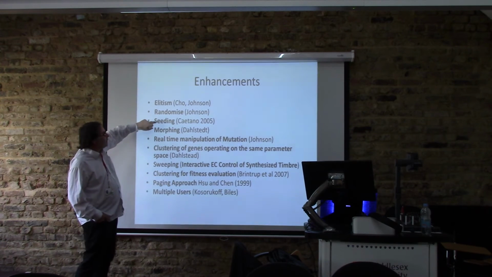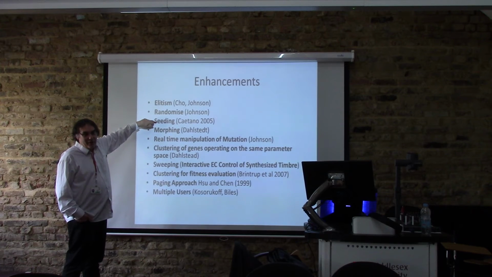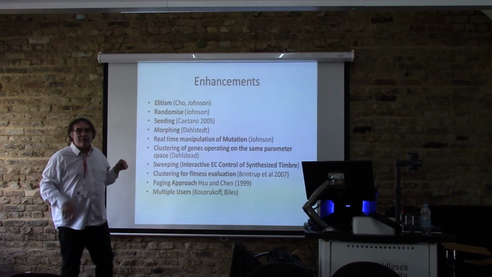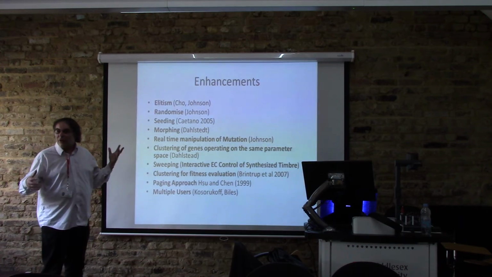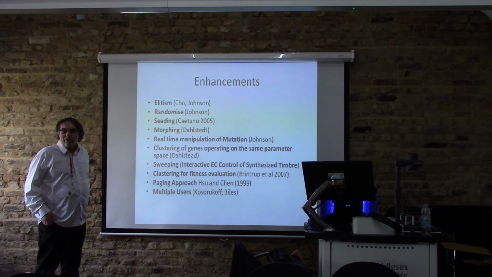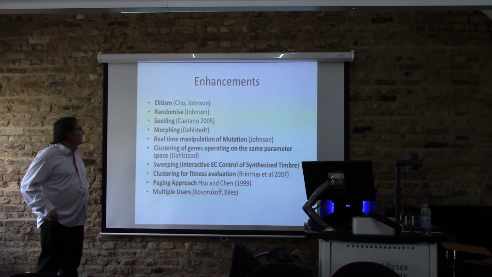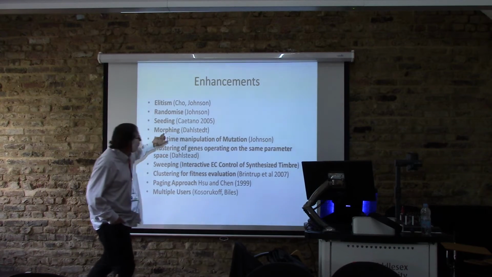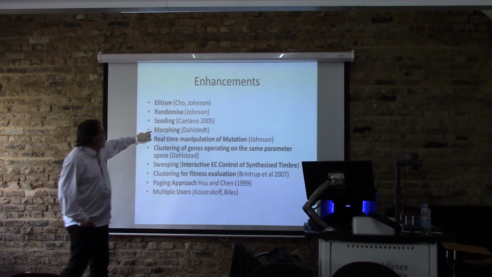So with seeding, you start your initial population with things that are quite spread out in the solution space, and so you've got more chance of identifying the sort of things you want, or the sort of direction, right from the beginning. And then there's morphing. Now morphing is particularly interesting because